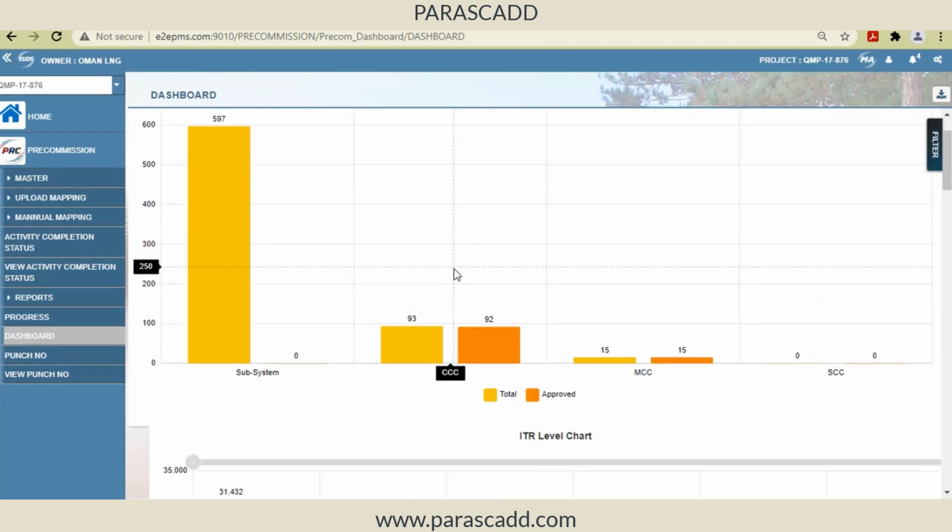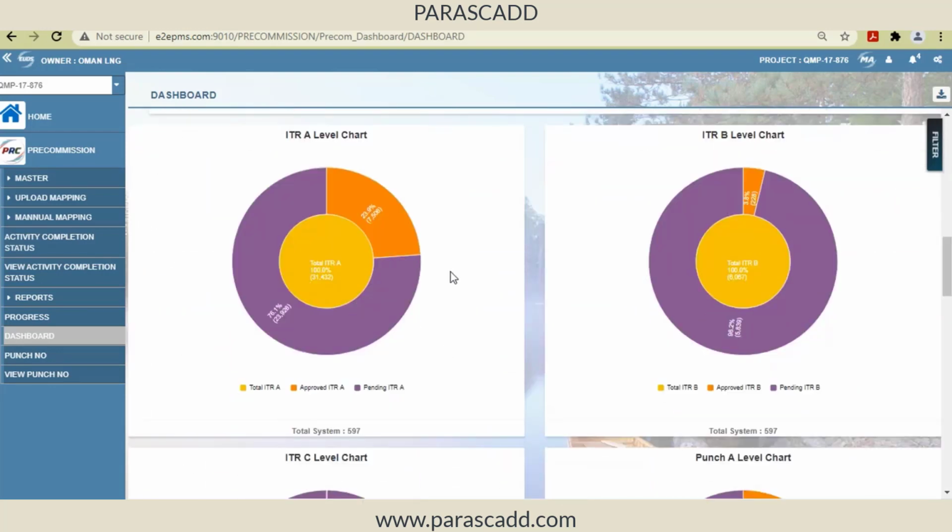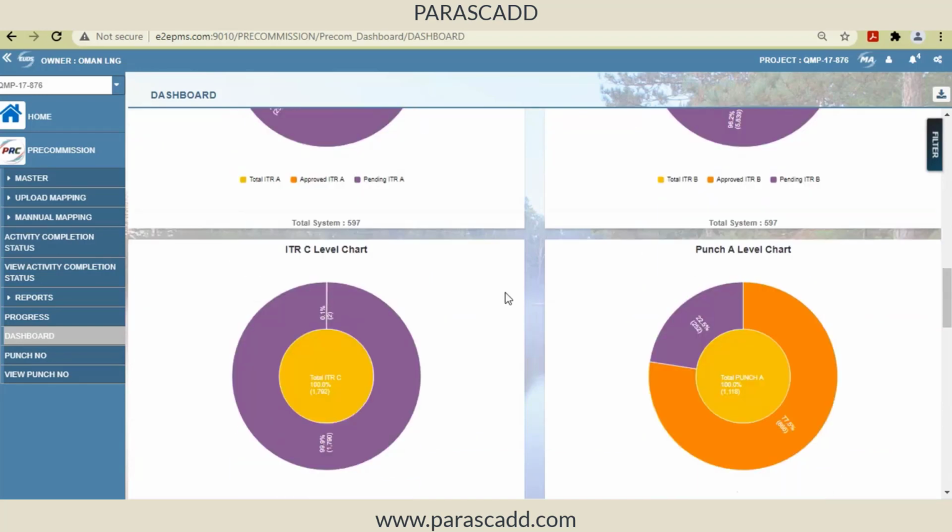So you will be able to track the figures in the dashboard, and you can see this in terms of charts and percentages also. Total AITRs out of 100%, where are we? ITR A and then pending. So how many are pending and what is the total? What is the percentage you have completed and what is the pending percentage? Similarly for BITRs, out of the total count, how much is completed, how much is pending?